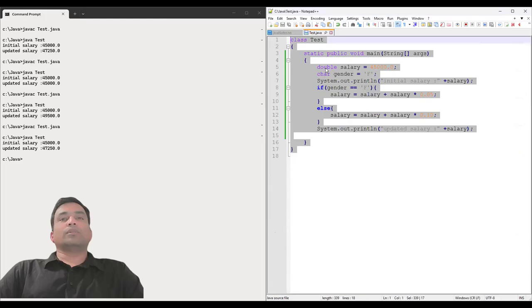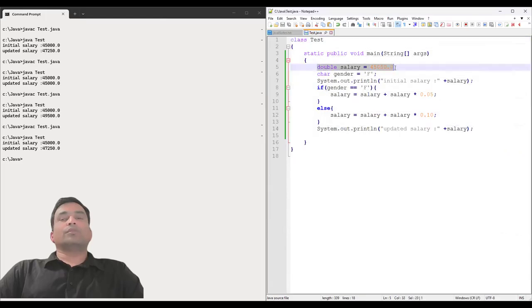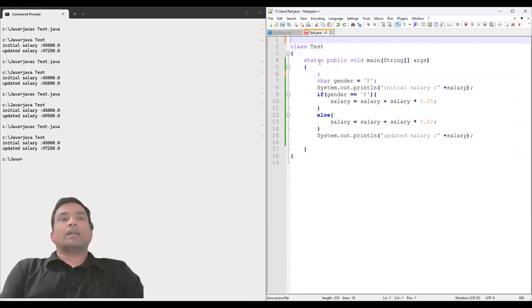Let's look at another example. For example, we need to take a number as an input from the user and find out whether that number is an even number or an odd number. So for that, we need to use the Scanner class. For us to be able to use the Scanner class, we have to import java.util.*